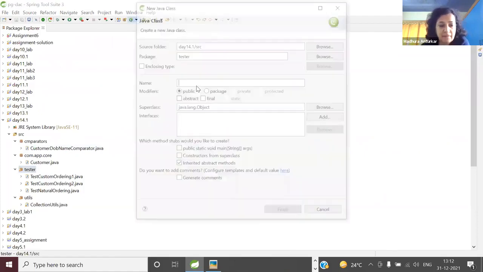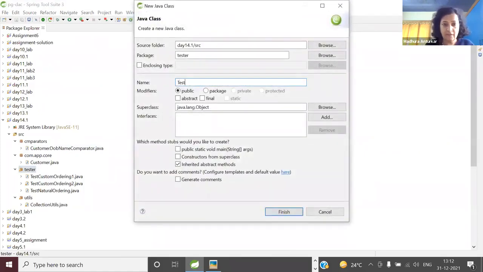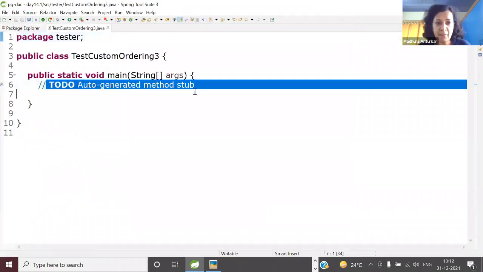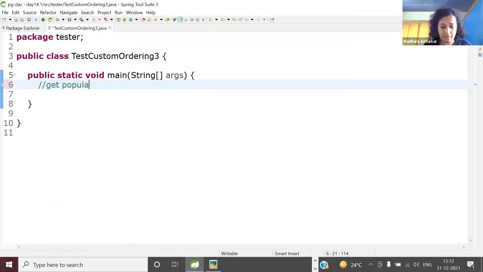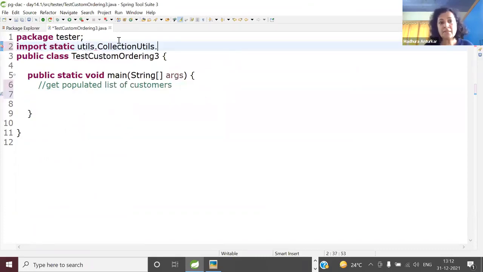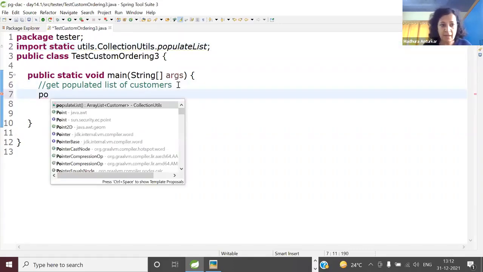Test custom ordering 3. And first is get the populated list. Okay, original list we'll get. Utils, collection utils and all that. This part stays the same. Populate list.